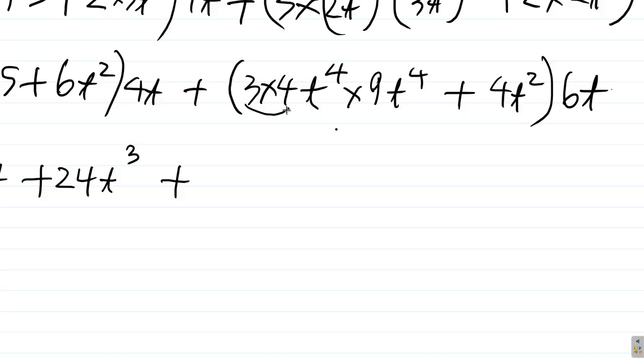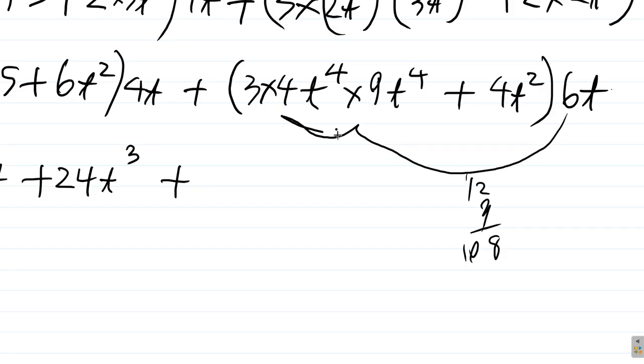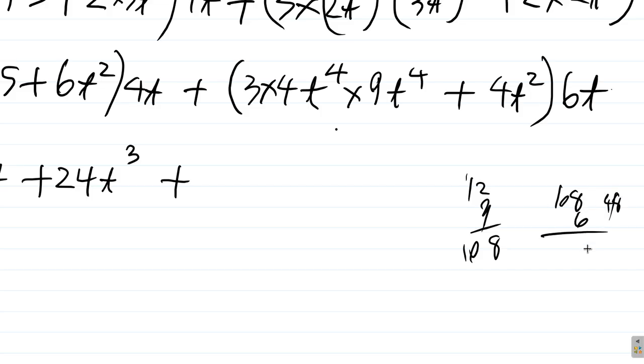3 4 is 12. 12 by 9. 9 2 is 18. Bring down the 8, carry 1 9, 1 9 and 1 10. 108. So 3 by 4 by 9 give you 108. And then 6 multiplied by all of that. 108 times 6 is 6 8 48. Bring down the 8, carry 4. 6 0 0 and 4. 4 6 1 6. 648. So it's 648